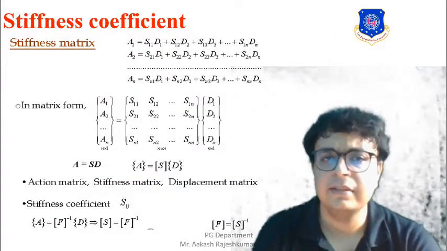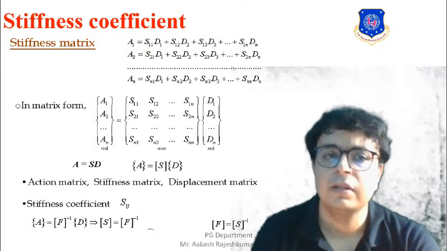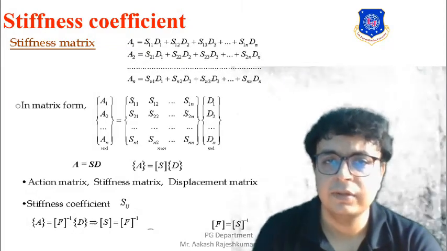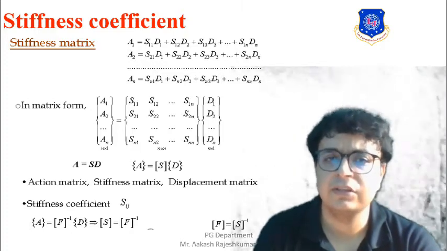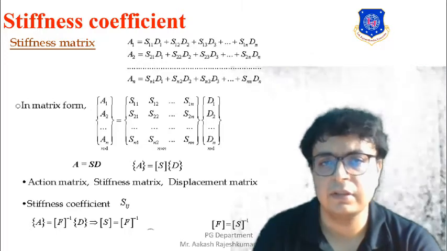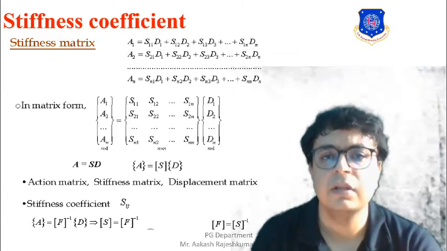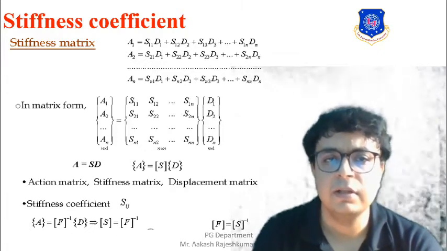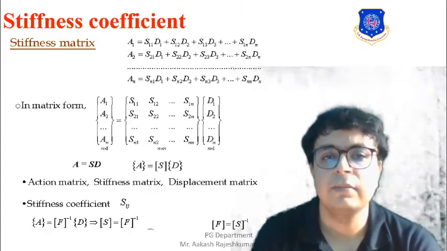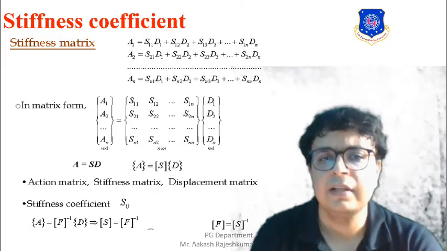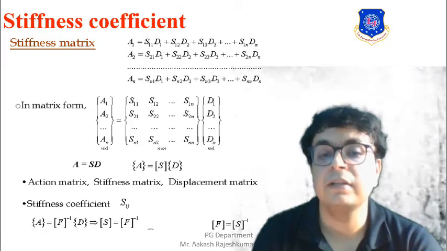So we can say that this is a simple formulation of the stiffness method, where we can find the stiffness coefficients. Like this, we will be having n number of actions, and we will be having the stiffness and the unknown displacement. So you can see over here A1 is S11 D1 plus S12 D2 plus S13 into D3. Similarly, it will be up to An is equal to Sn1 D1 plus Sn2 D2 plus Sn3 D3, like this. So what we will be doing, we will be setting it in the proper form.